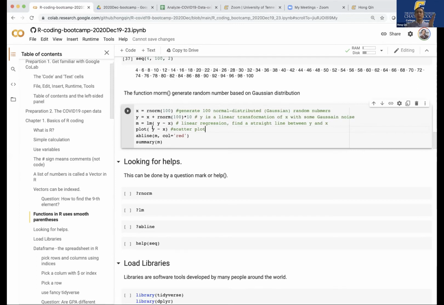So Y will be the vertical axis, X will be the horizontal one. And then we actually add a line. It's called abline because a is the slope, b is the intercept, so ab line. And this is actually a report. I'm just reporting. So if I run this with the play button,